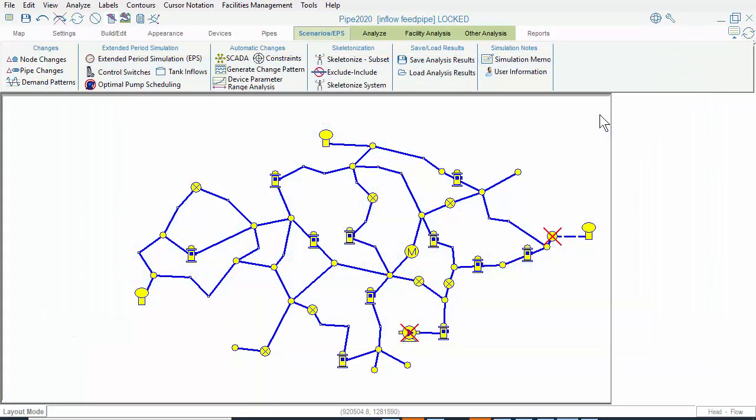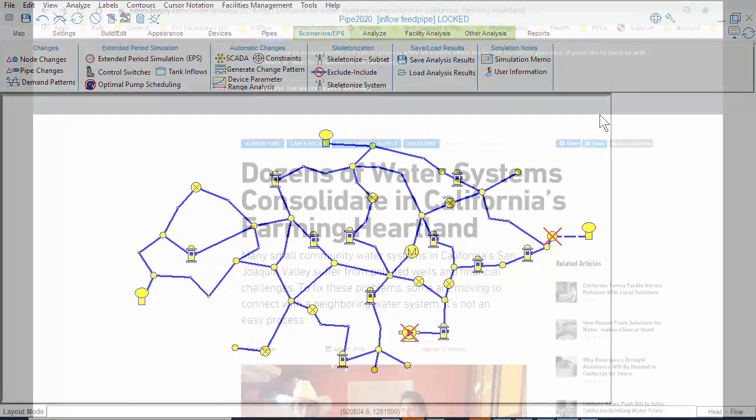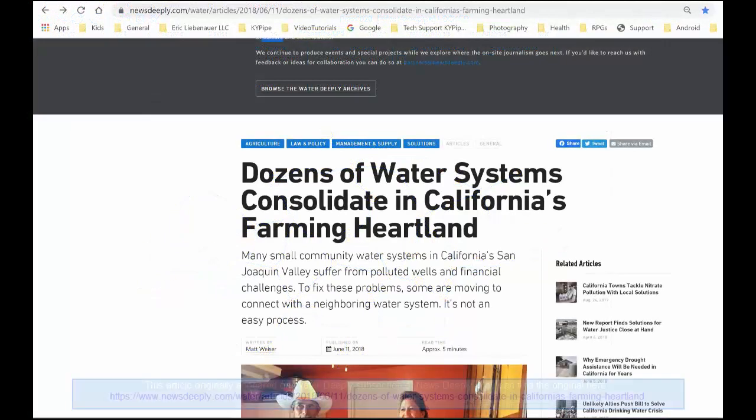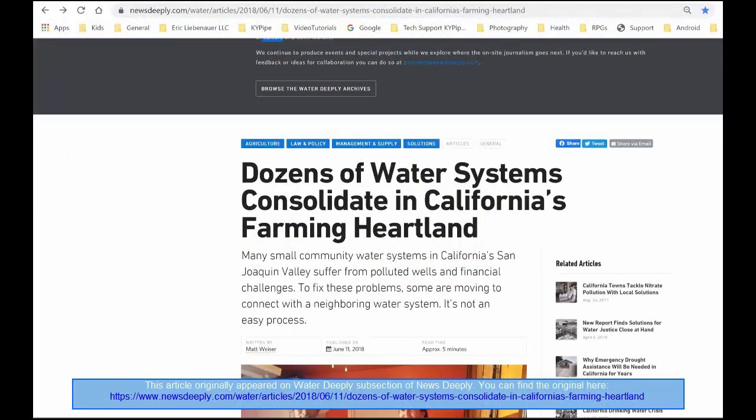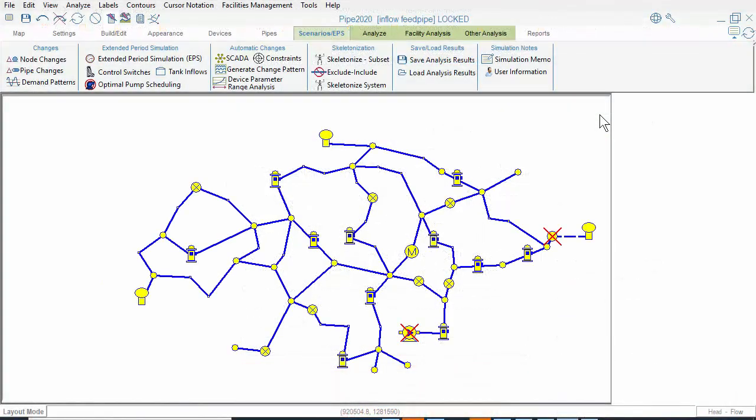There are two methods within KYPipe for providing an out-of-network water supply to a tank: inflows and feedpipes. By out-of-network, I mean a source that we don't wish to explicitly model. The most common example of an out-of-network supply is a municipality that is buying water from another municipality. But these two features allow us to add any flow that enters a tank before being distributed to the remainder